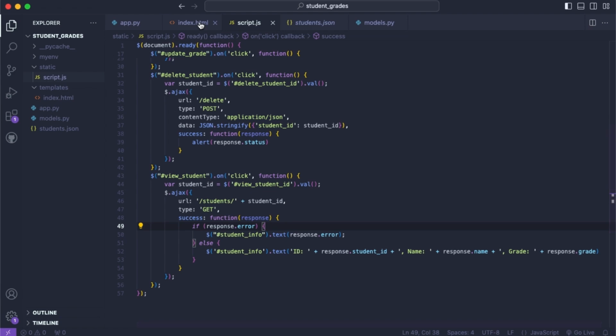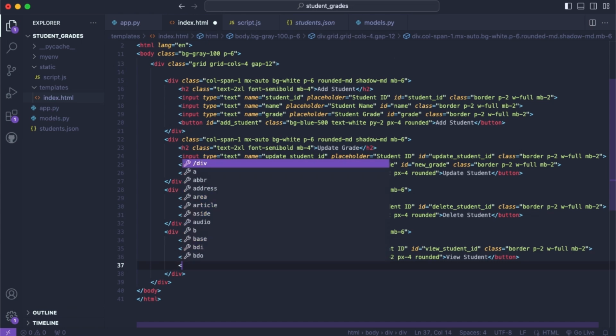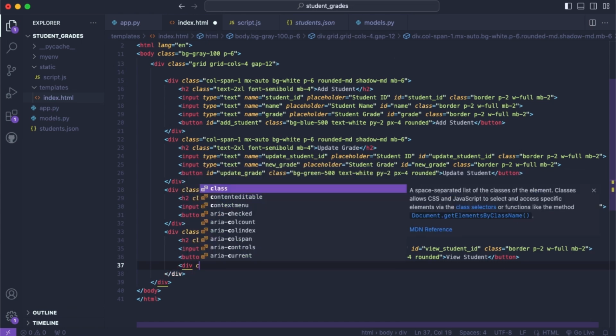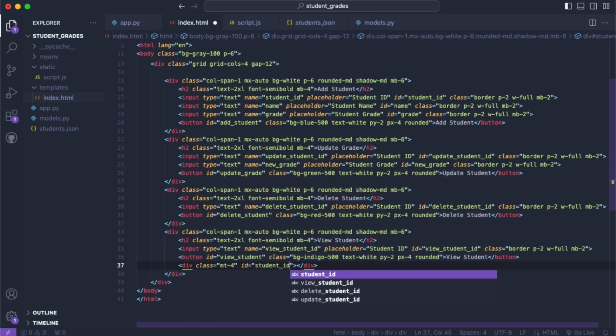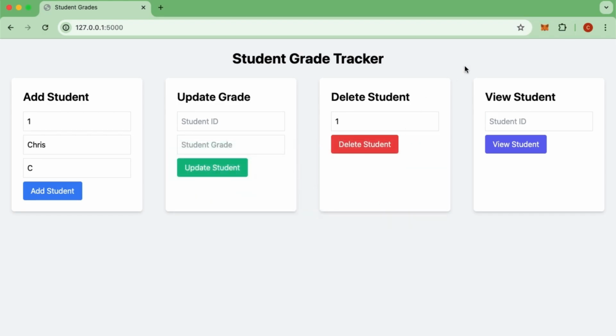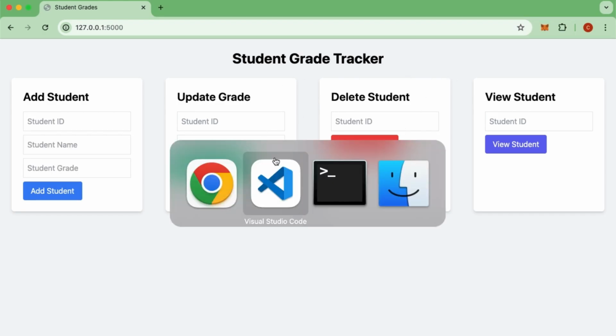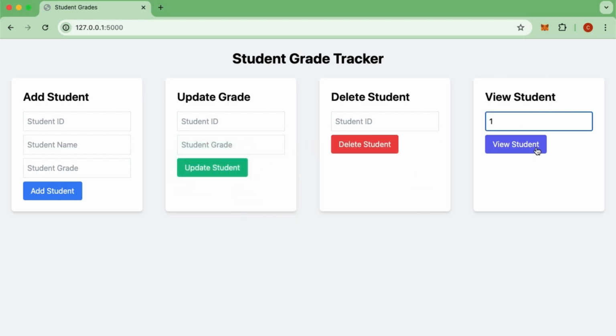And now inside of this view student section, if we just create a p tag with the student info, so right at the very bottom, or a div maybe, just so that it gets outputted correctly, we'll say class of mt4 just to give it a little bit more space, and then this will just have the ID of student info. So now if I come back over to here and I completely refresh this, just make sure that we have a student. Now if I get the student1 ID,